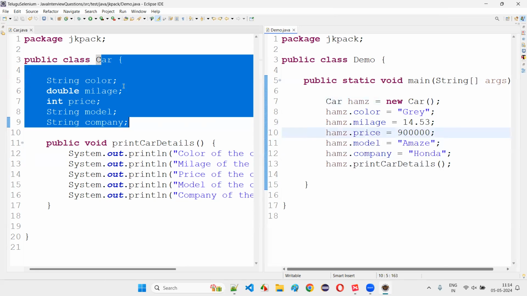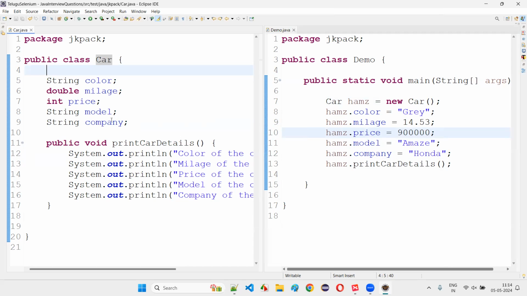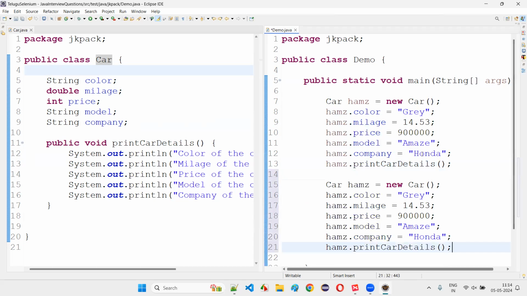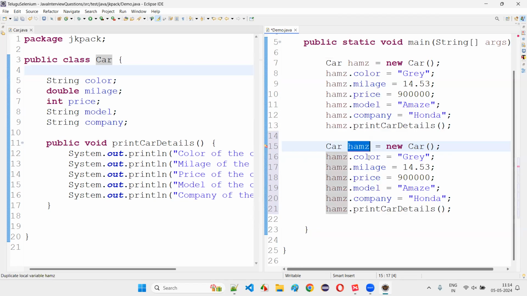Now, before I show you how to create a constructor and all, you have to understand all these concepts, guys, okay? So now if I want to create another object, a similar object, I'll copy paste just to save the time. Here, instead of Honda Amaze, I'll go for SVDI, Swift VDI. Swift VDI dot color is equal to, let's say, red color. Swift VDI dot mileage is equal to, I will give the mileage as,